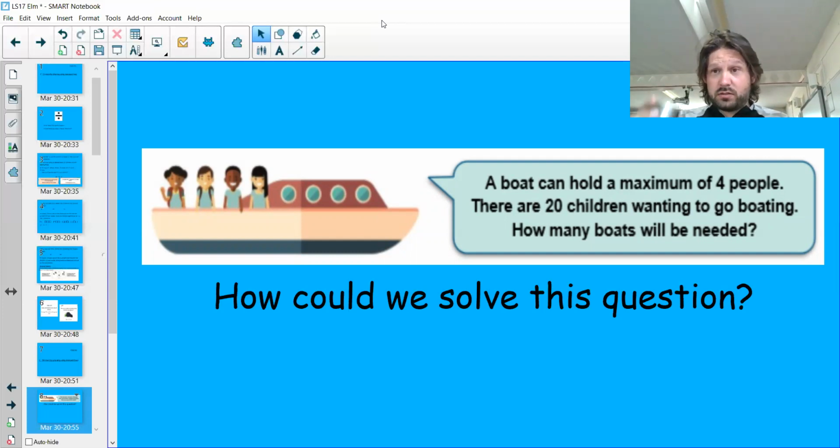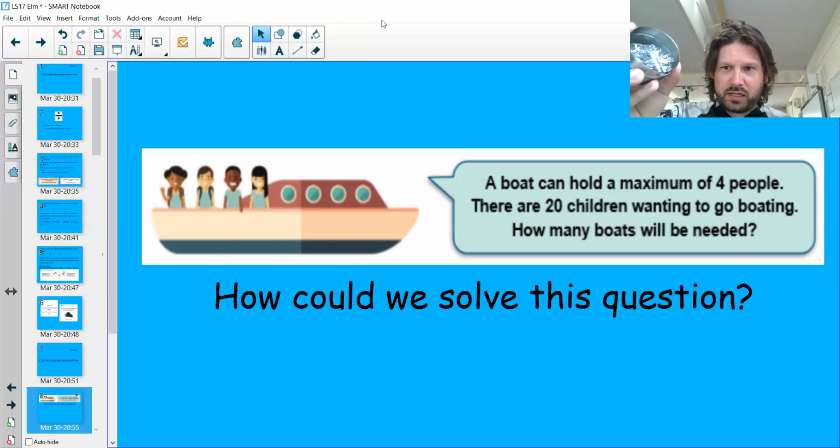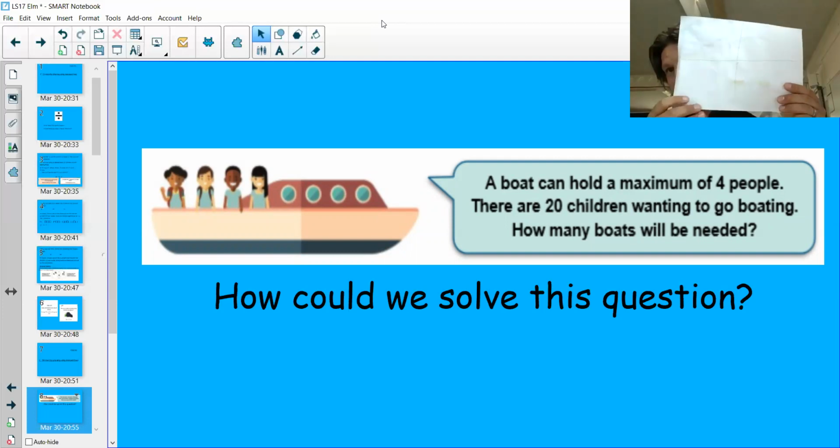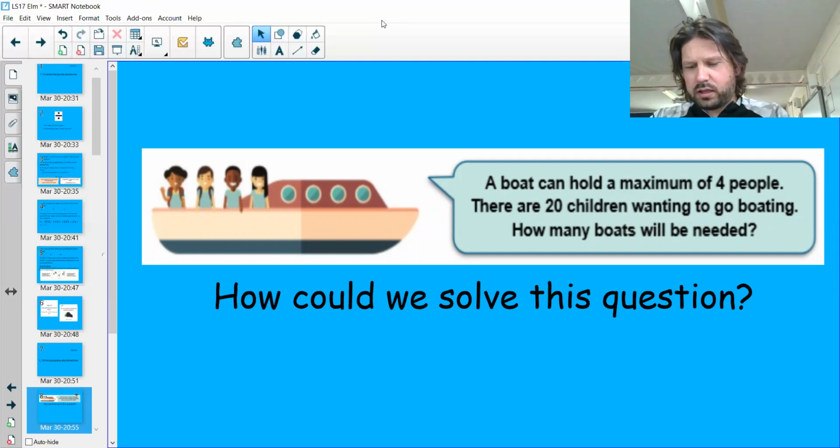So the question is, how many paper clips do we need? Do we need 4 or do we need 20? Boats have a maximum of 4, and there are 20 children in total, so we're going to have 20 paper clips. Remember, we're going to count them systematically, in 2s. So 2, 4,